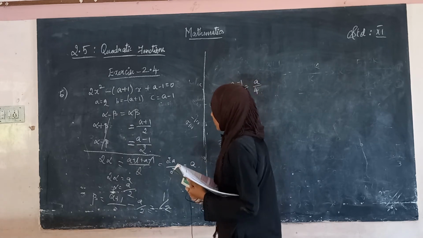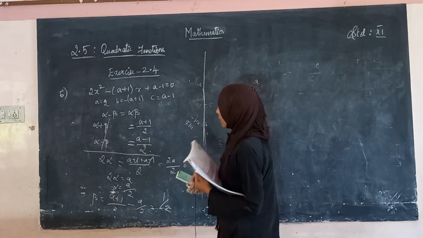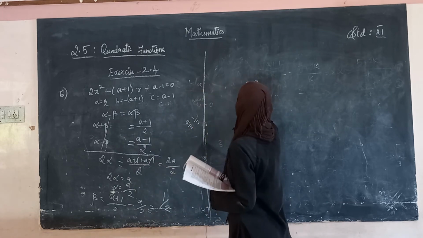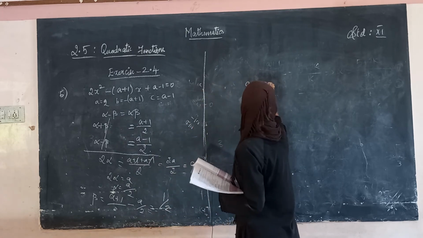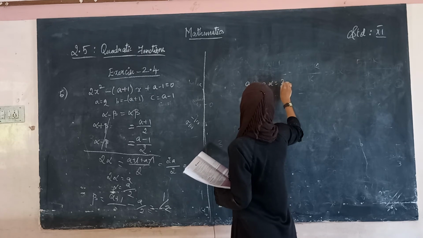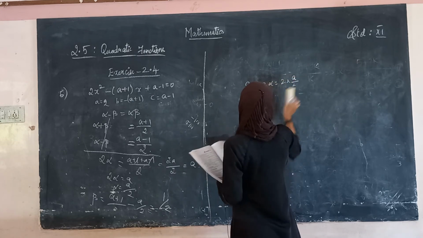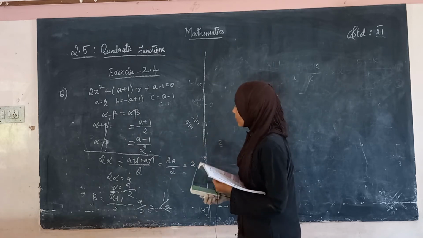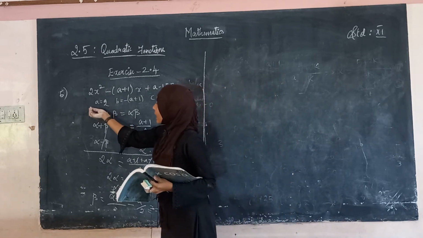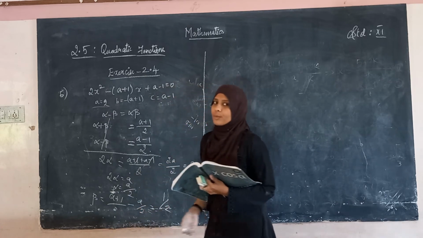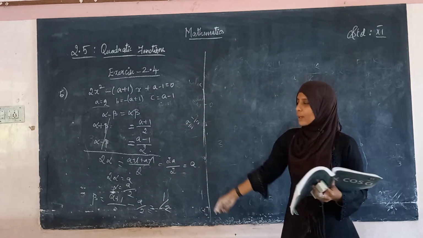Okay. So, if you solve like this, or you do not want to solve like this, you can take from here, that is a is equal to 2 into alpha, right? What is the value of alpha? 2 into a divided by 2. So, a is equal to 2, we will get, right. Before that, we had taken from the question itself a is equal to 2. Okay. So, many methods we can use to prove that.